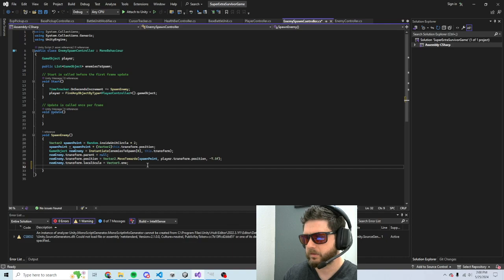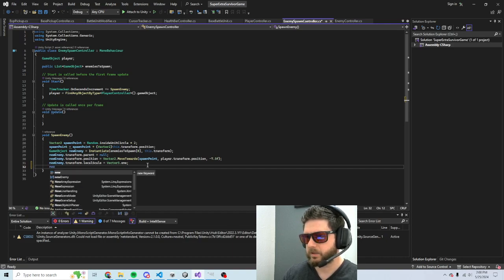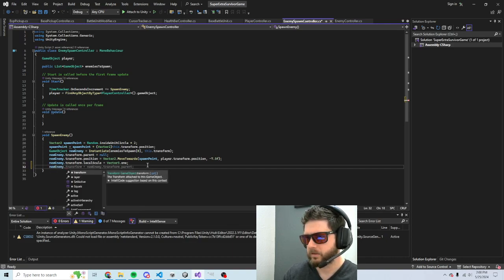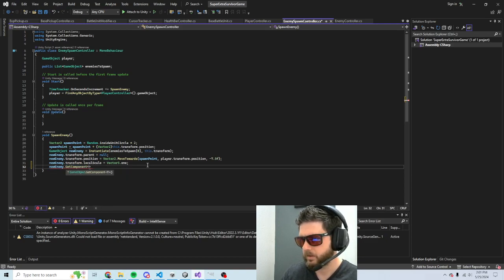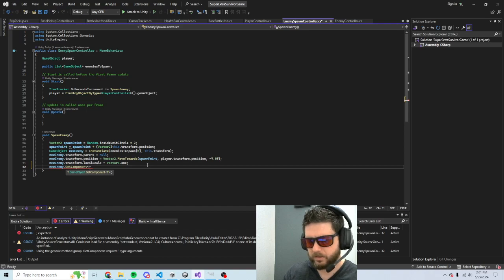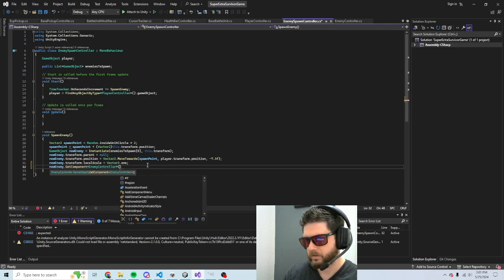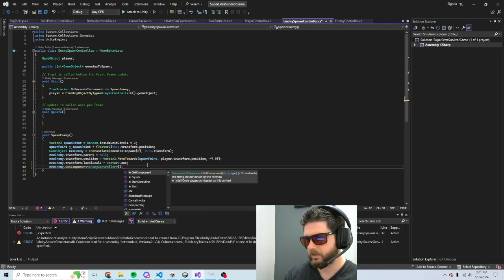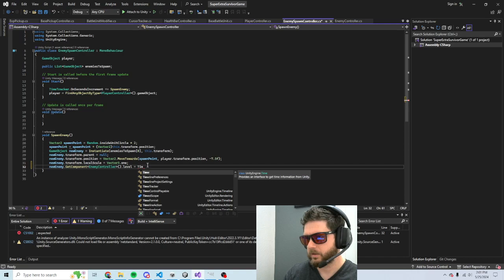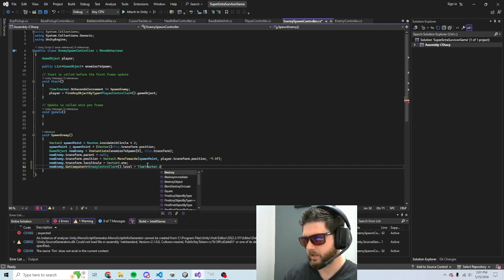So this new enemy dot get component enemy controller dot level equals time tracker dot